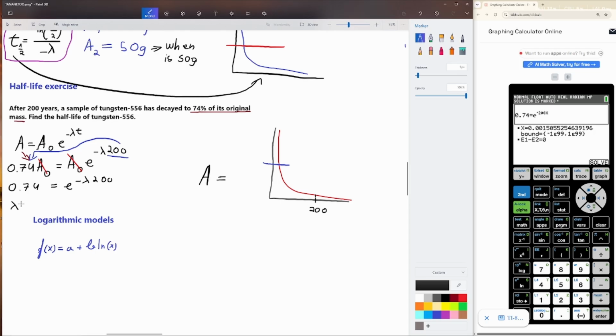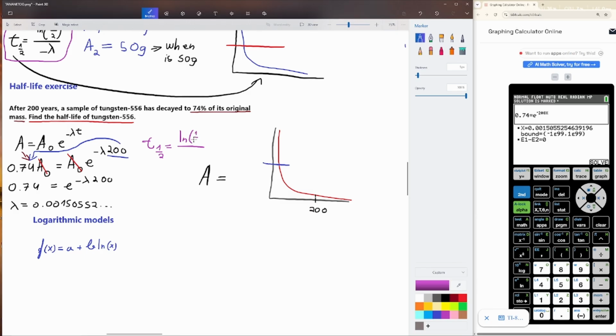And of course it's going to solve for lambda. So as you replace lambda with x, you're going to get lambda is 0.0015052. I don't think I need to write more. And then, because it said to find the half-life of tungsten 556, you're going to use the formula that I told you to imprint in your brain, and you're going to get the half-life of tungsten 556 is equal to the natural logarithm